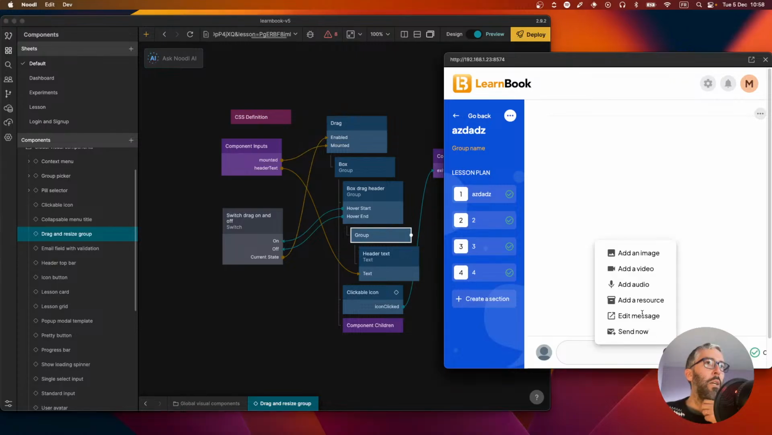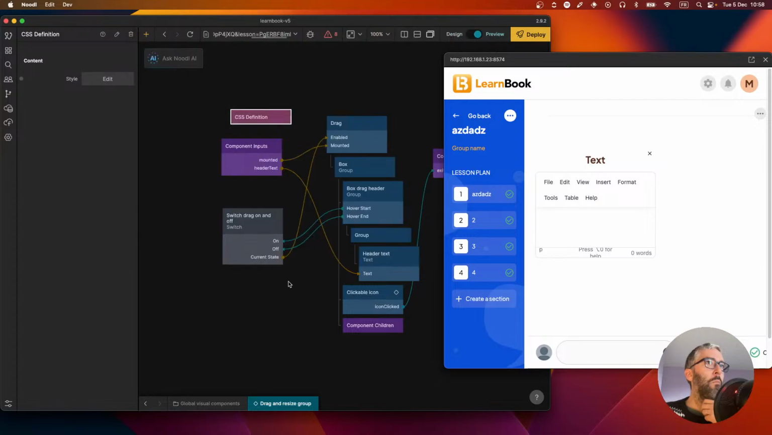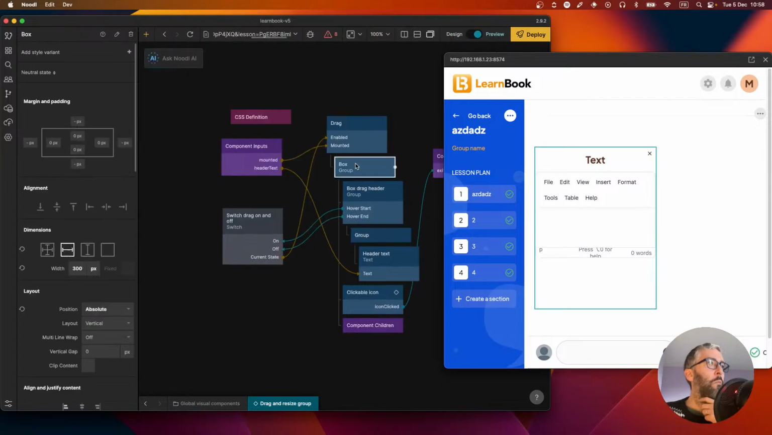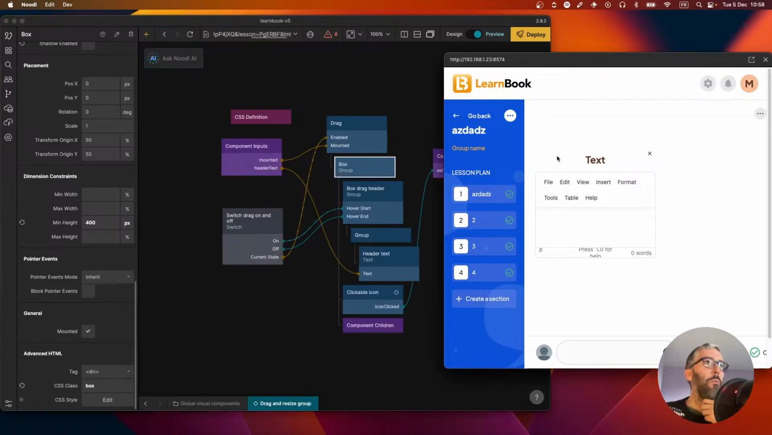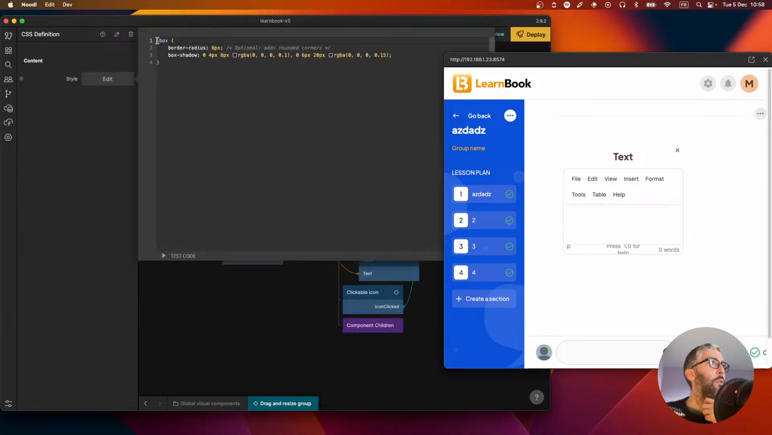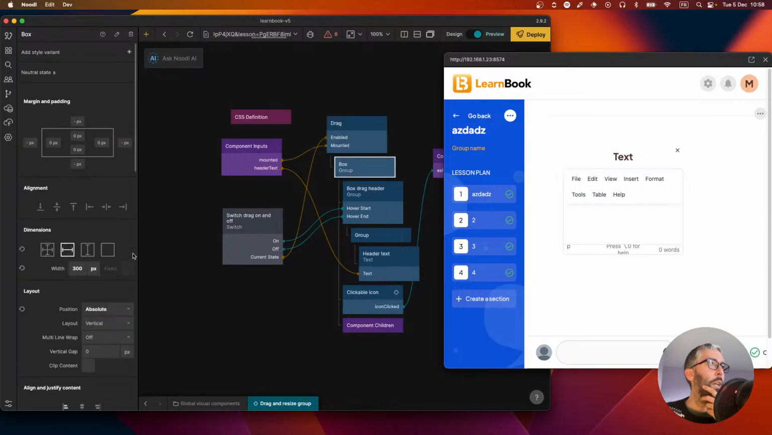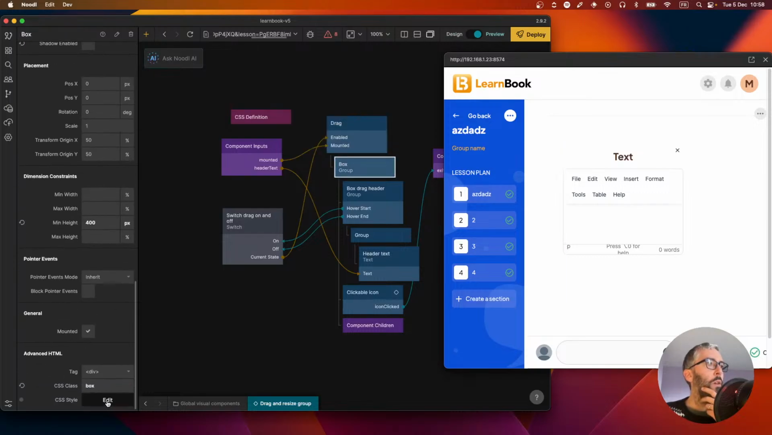Let's see if it applies. Not. Still not. What am I doing wrong? Why does this app hate me? It'd be a, no, it's a dot, it's a class, right? We give it a class. Class is called box. So we've targeted that class,